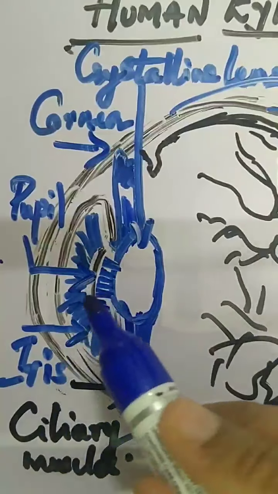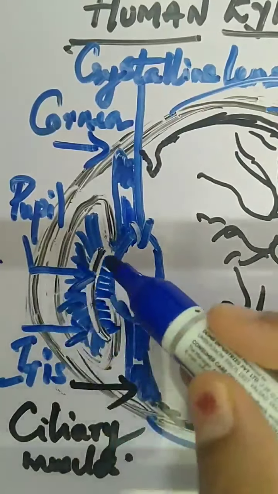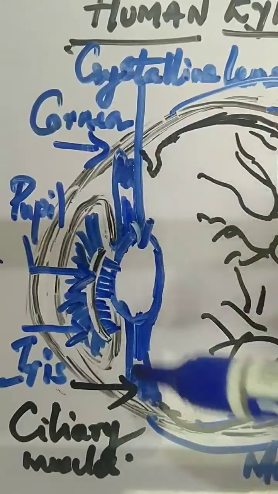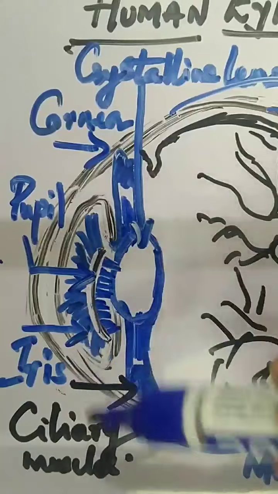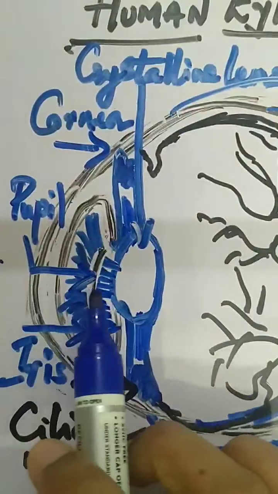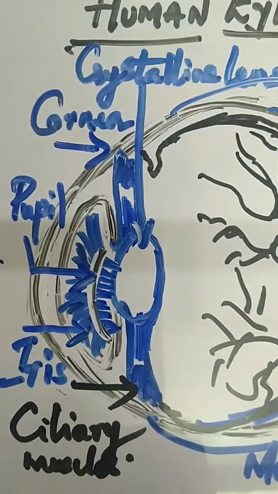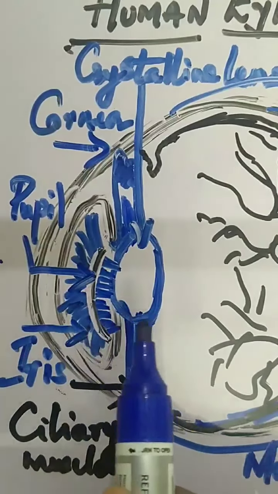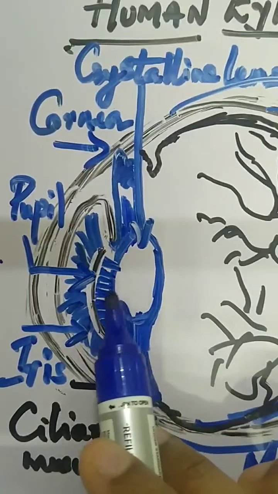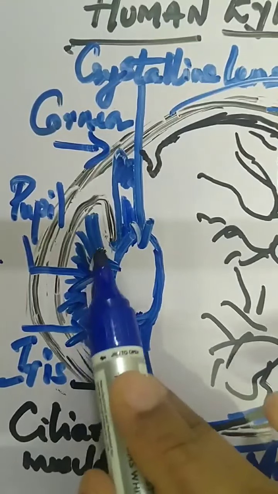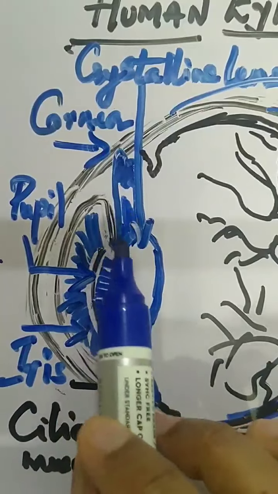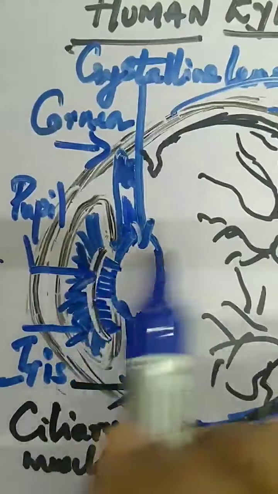So, now behind the iris, there is one more small hole which I told you to highlight. It's called the pupil. So, this pupil is a protector. What will it do? It controls the amount of light which is incident on the pupil. If more light is incident on the pupil, then the pupil will contract. And if less light is incident, it will widen. Okay. So the pupil controls the light which enters the eye.